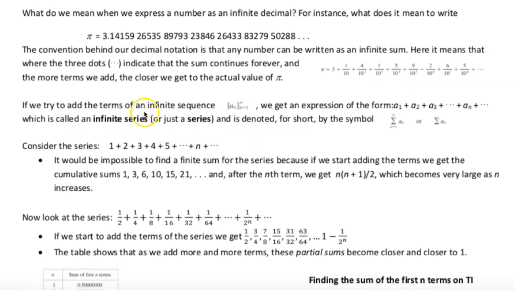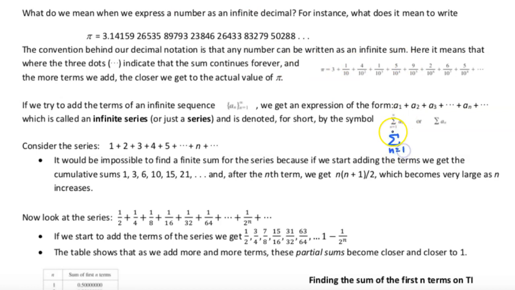So if we try to add the terms of an infinite sequence, we get an expression in the form of a1 plus a2 plus a3, adding all of these terms together, which is called an infinite series. And it's denoted in these two ways. Let me write these out. This is the sum